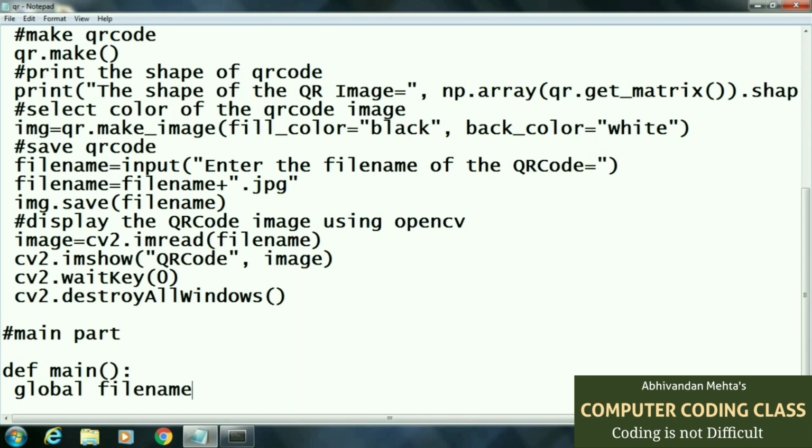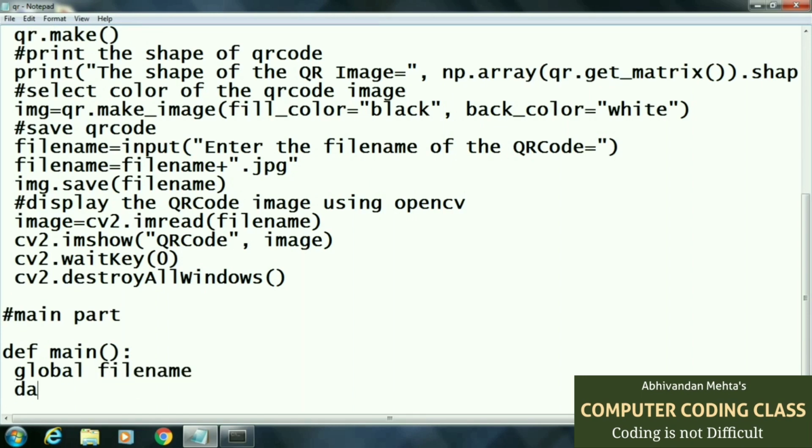First of all, declare file name as a global. Next, ask the user to insert the data by using the input function, and then we will execute our QR code image function.